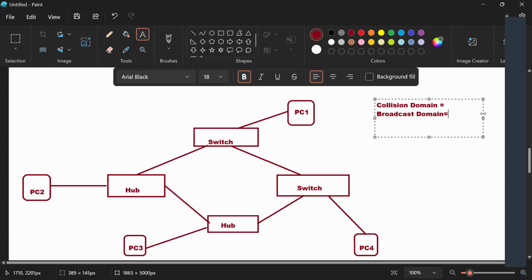How many broadcast domains? Three broadcast domains. Okay. Seven collision domains. Four broadcast domains. Okay.